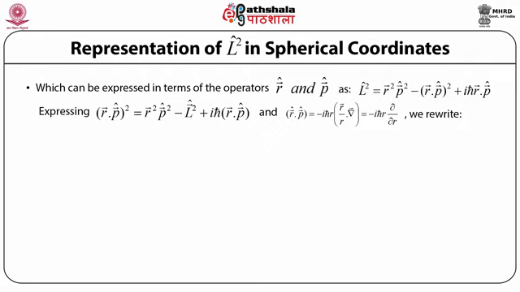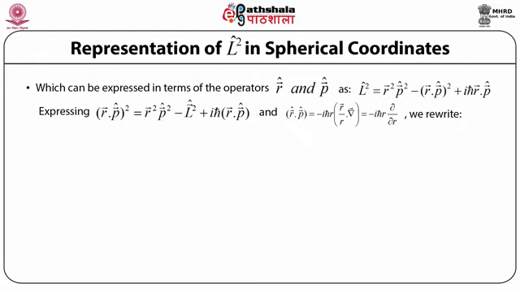So if we rearrange these equations for operator L square, we can rewrite this equation as (vector R dot vector P) whole square is equal to vector R square times vector P square minus operator L square plus iota times h cross times (R dot P), where dot refers to the scalar product,